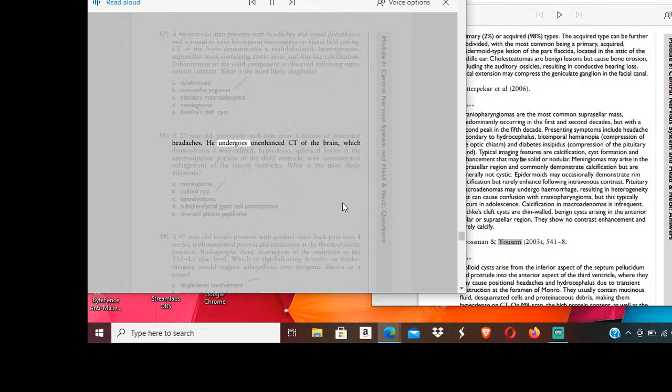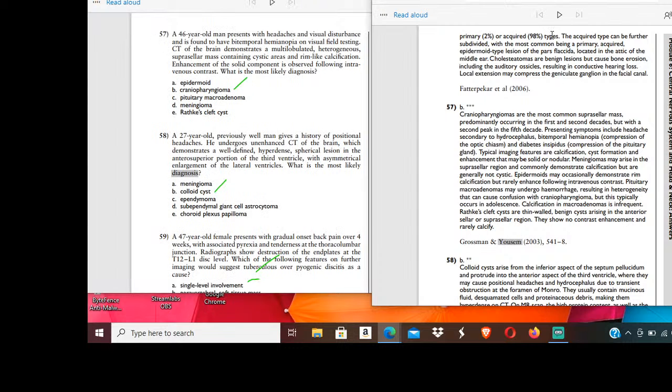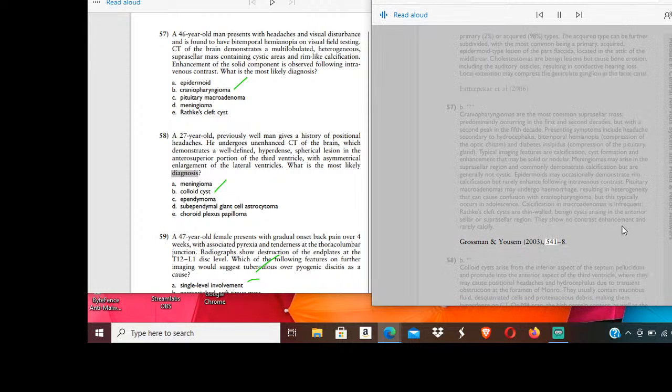27-year-old, he undergoes unenhanced CT of the brain, which demonstrates a well-defined, hyperdense, spherical lesion in the anterosuperior portion of the third ventricle, with asymmetrical enlargement of the lateral ventricles. What is the most likely diagnosis? Yusum, 2003, 541-8. 58b. Colloid cysts arise from the inferior aspect of the septum pellucidum and protrude into the anterior